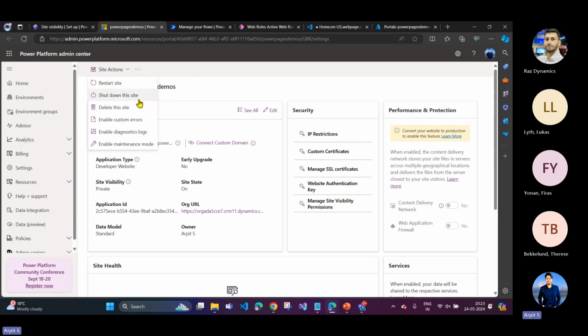So restart is an option. You can shut down your site temporarily if you want. So that is an option. You can delete your site as well. So this deletion of the site is basically it deletes the configuration,